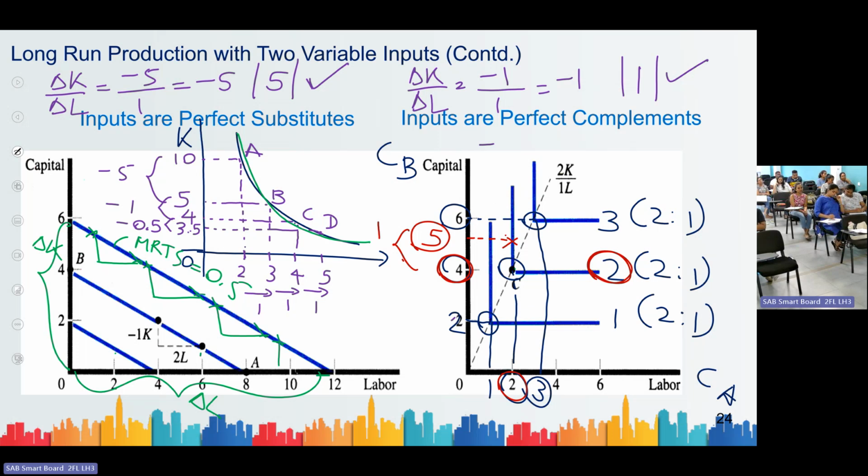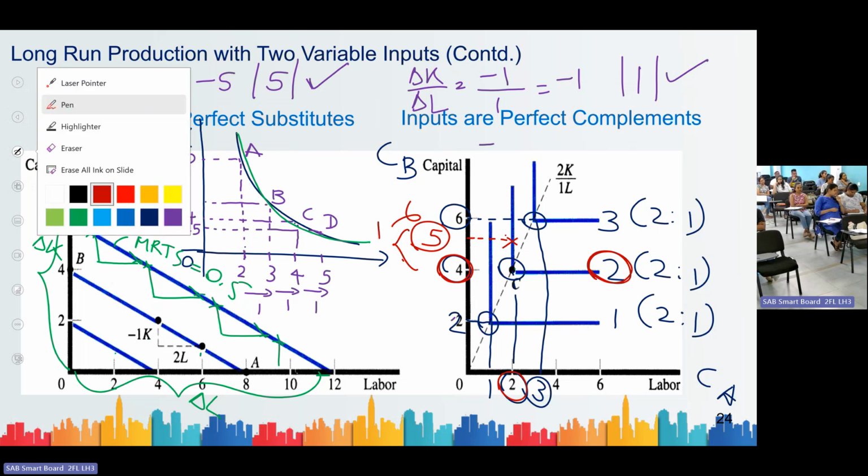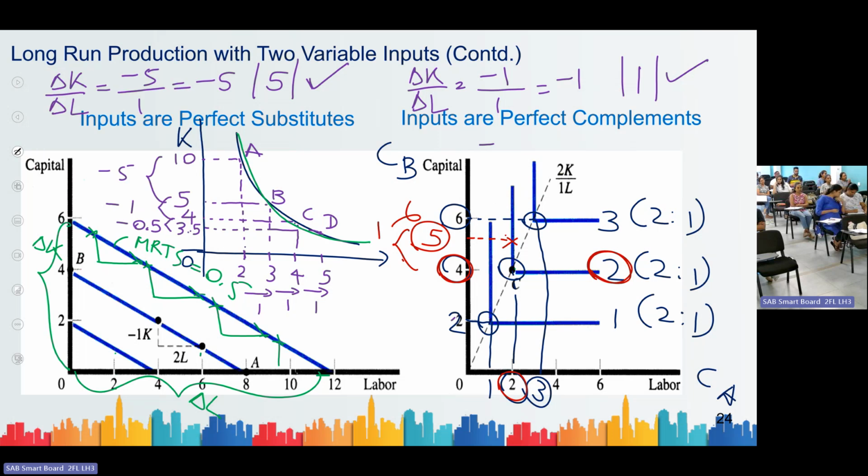It's not meaningful. So that's why production does not happen on these vertical lines. The same logic can be applied to explain why production doesn't happen on these horizontal lines. For example, let's assume we want to produce 1 unit of tablet and we can produce it by